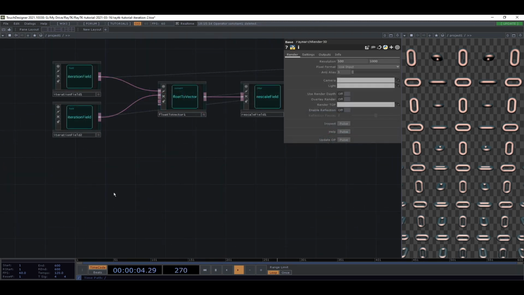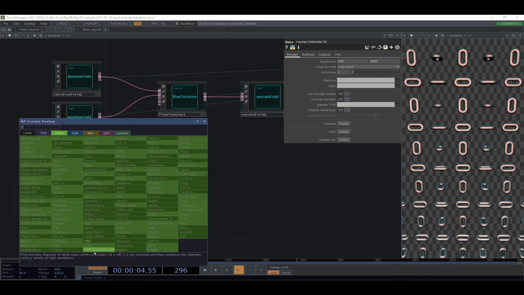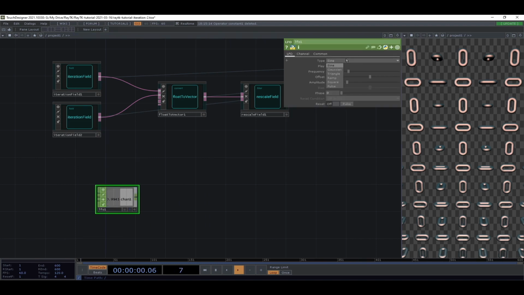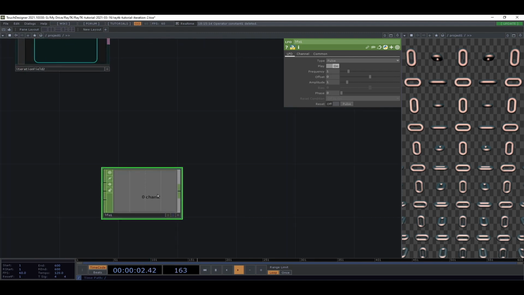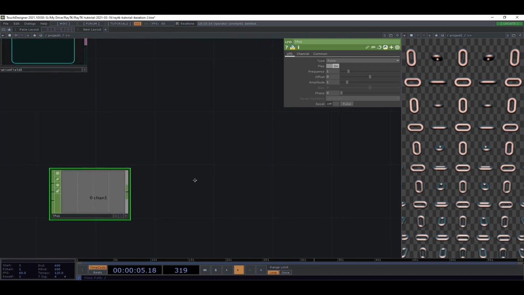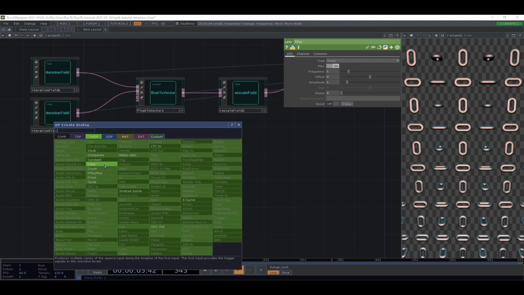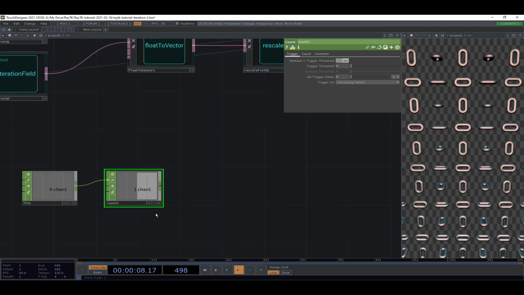Since what we want to have happen is a series of changes over time, at the same interval, a good way to do that, at least for simple things, is with an LFO, and we can use the pulse option. So it's going to do a little blip every so often, and you can control how often it does that by changing the frequency. I'm just going to keep it at the default for now, and we're going to connect this to a count. So it's now just a continually counting number,